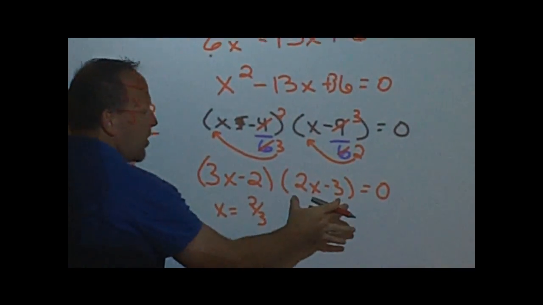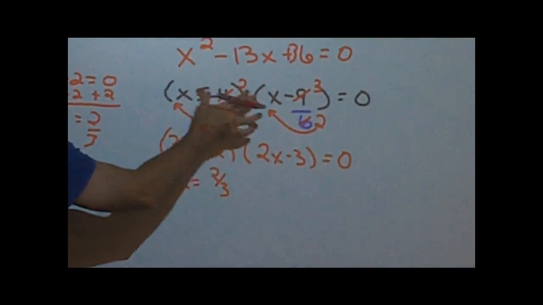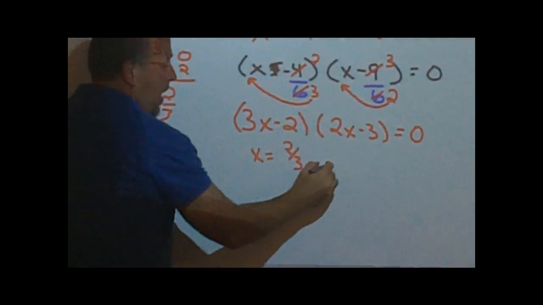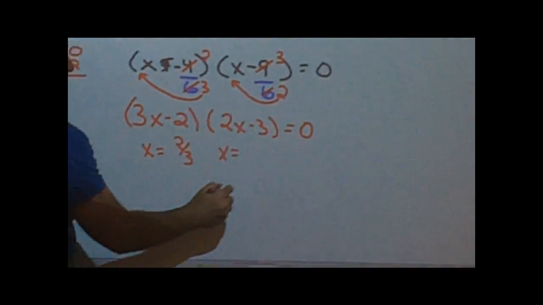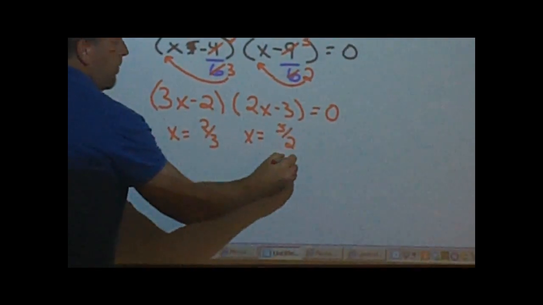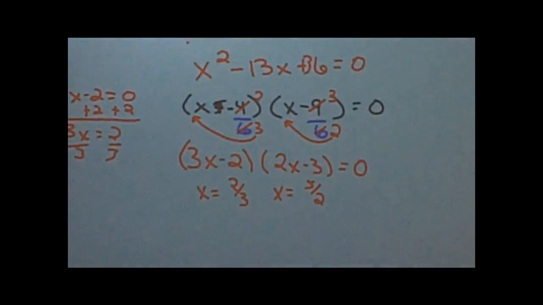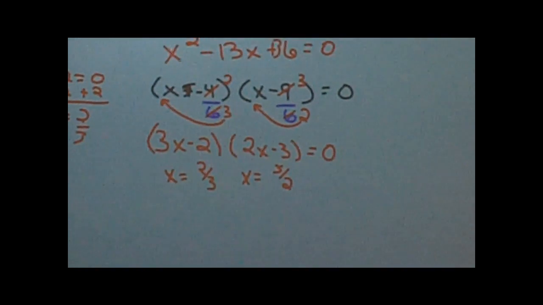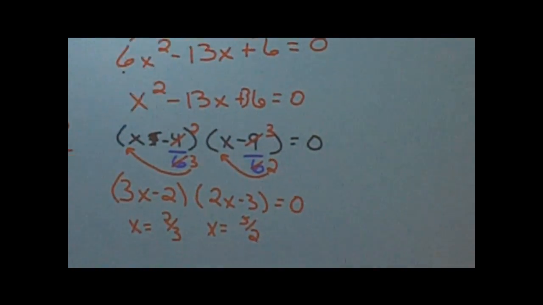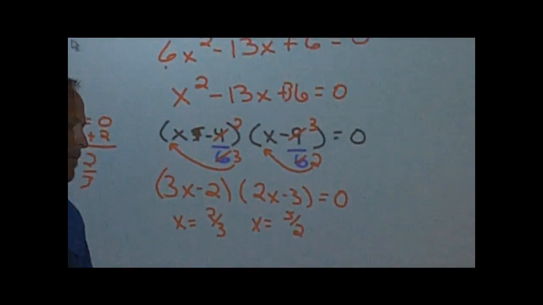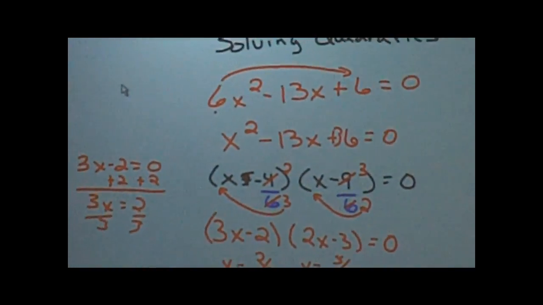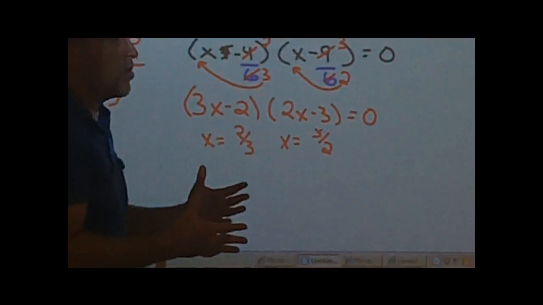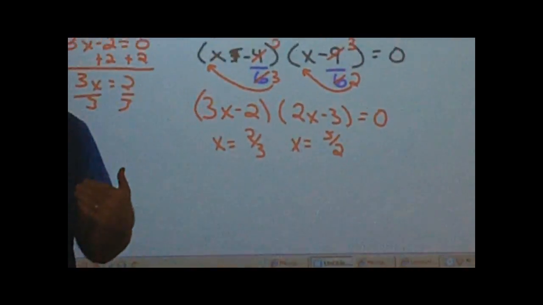Look at this right here, because I may just give you this. You say x equals the opposite sign, constant divided by coefficient, which would be 3/2. Just remember: opposite sign, constant divided by coefficient. So you really haven't learned anything new today. The concepts of factors are still the same. You just have to remember at the very last step now, if it's set equal to 0,